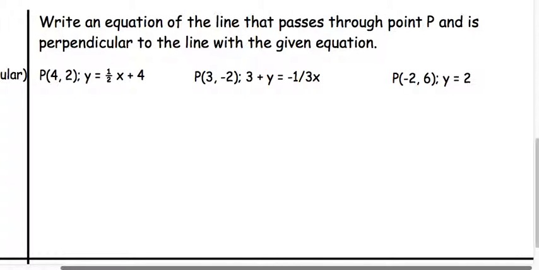This set that we had of writing an equation through point P. The previous one said parallel, but this one says perpendicular. So we're going to have to do something to our slope before we have the slope that we want. Remember, with perpendicular lines, you have to change the sign of the slope and flip it upside down, which makes